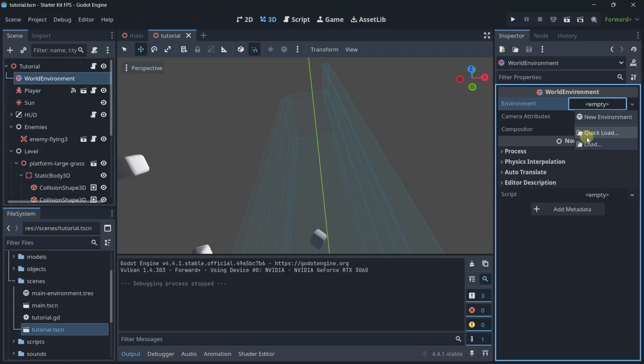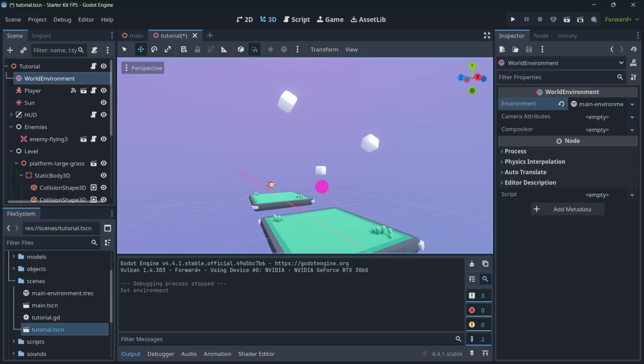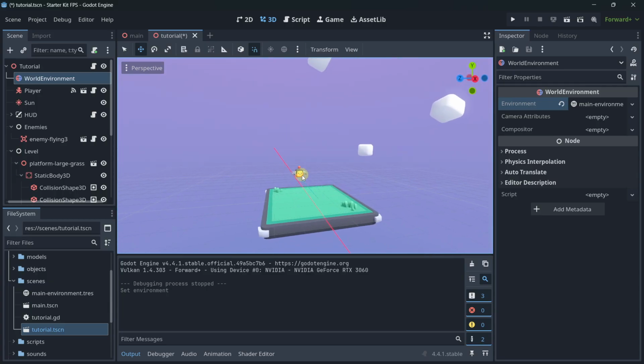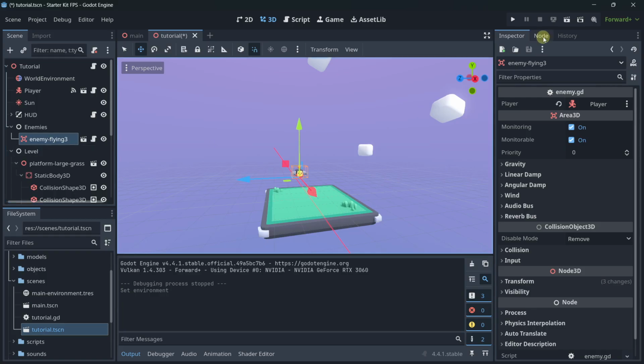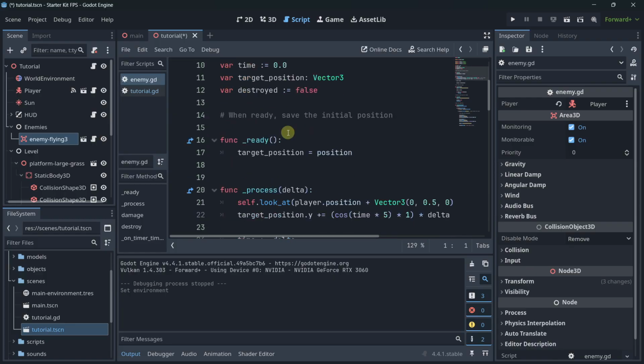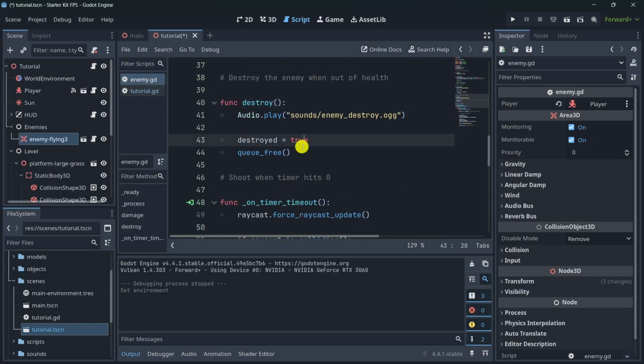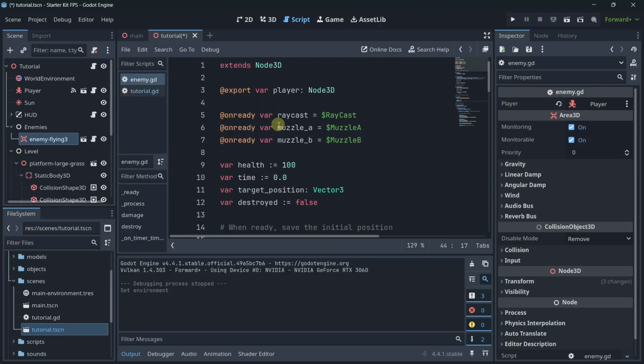What I'm gonna do now is load this in once again. And what I want to do is, okay, once we kill this enemy, we want to kind of go to the main scene. So we have the enemy flying, okay, which is over here. And here, well, if we take a look at the code, we should see here some destroy function, okay, which is doing this, okay. So what I'm gonna do is just emit a signal